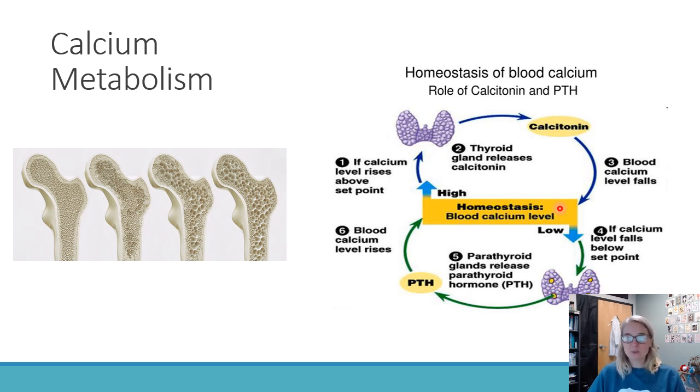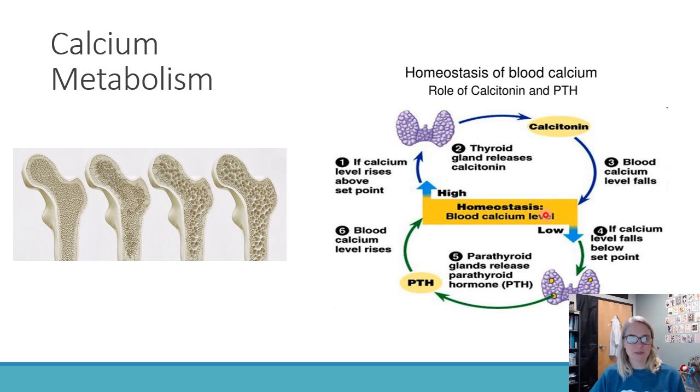Now, on the flip side of that, which doesn't happen as often, is what if your blood calcium levels are too high? We can't have too high of calcium. We want to stay in homeostasis. So a hormone from the thyroid gland called calcitonin comes in and triggers the release of calcium through the urine, right? So we talked about urine, the proximal tubule and the distal tubule. That's where calcitonin goes to act and say, hey, any calcium that's coming through here, just pee it on out. We've got to bring down our blood calcium levels because we have too much.